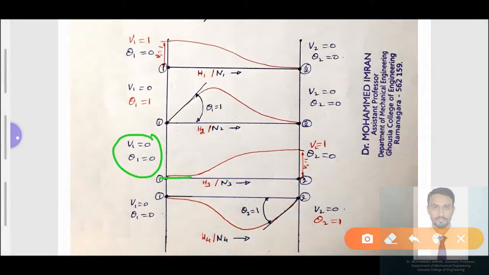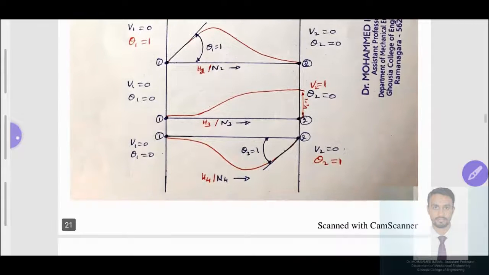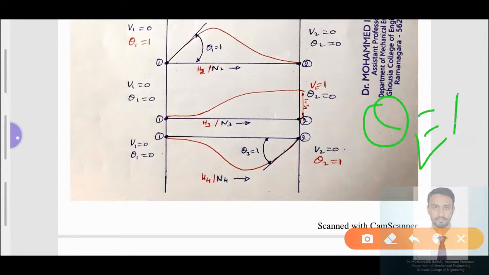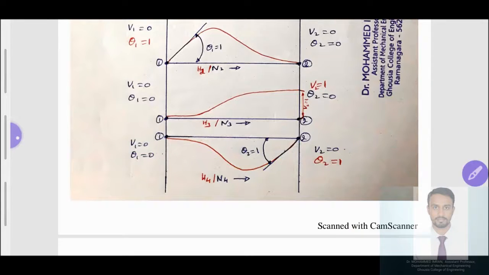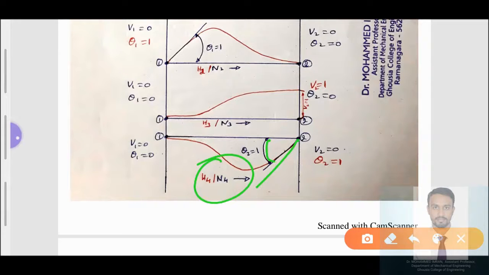You can see here why we are finding h3. v2 is equal to 1, theta 2 is equal to 0. We have linear displacement v2 equal to 1, and then it gradually decays at node number 1. Now you can easily understand how we have taken 1 0 0 0, 0 1 0 0, 0 0 1 0. Similarly, theta 2 is equal to 1. We have taken v2 equal to 0, v1 equal to 0, theta 1 equal to 0. Slope will take place here. When we draw the tangent to the slope, we have that equal to theta 2, with respect to Hermite shape function number 4.